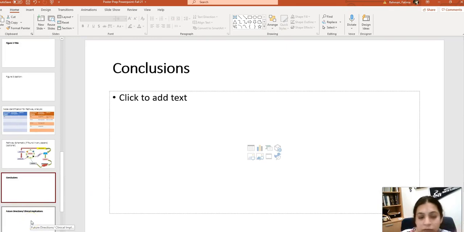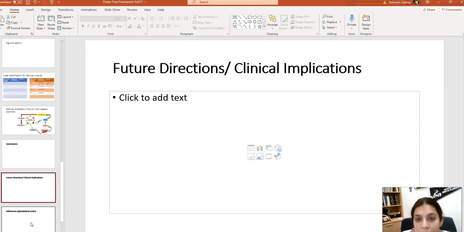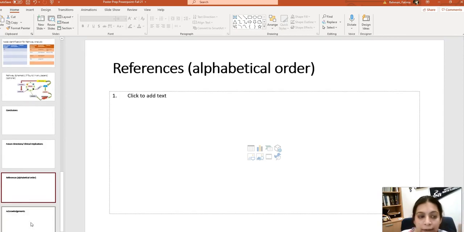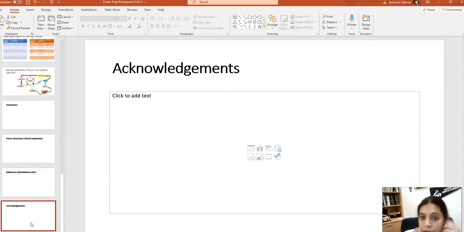You're going to write some conclusions, again, as bullet points. You're going to write the clinical implications or biological relevance of all these findings that you found, and then your references and acknowledgments. So I hope this helped you figure out how it is that you're going to be filling this PowerPoint out so that you can complete it this week and get a head start on your poster while doing so as well, and also kind of help you organize your thoughts, processes, and help you make your conclusions about your project. Okay,